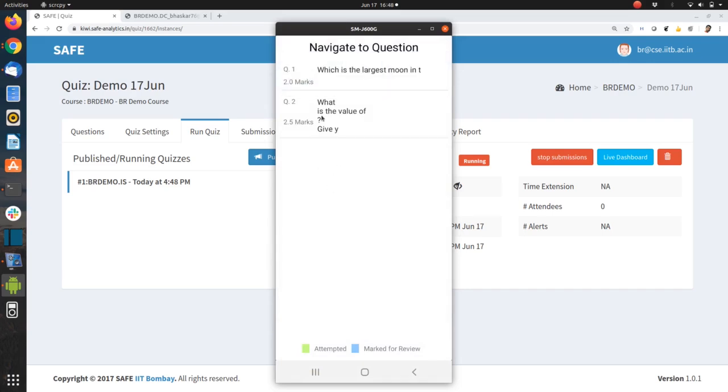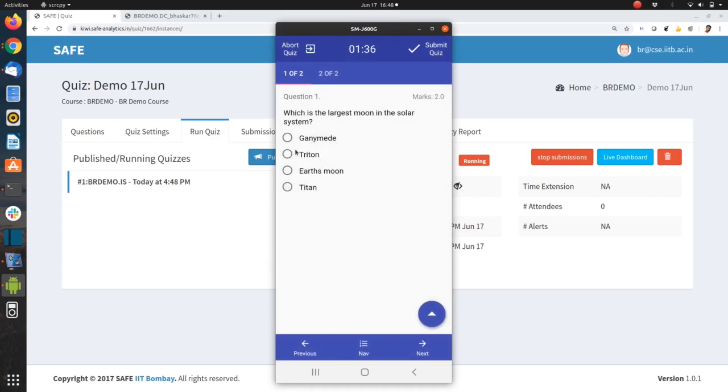You see only two questions. Okay, so for this student, this particular GK question was chosen and this particular math question was chosen. Okay, so that's all I wanted to show you.